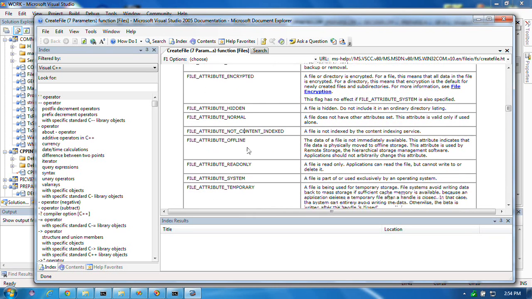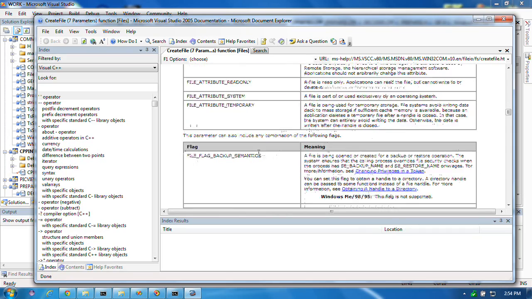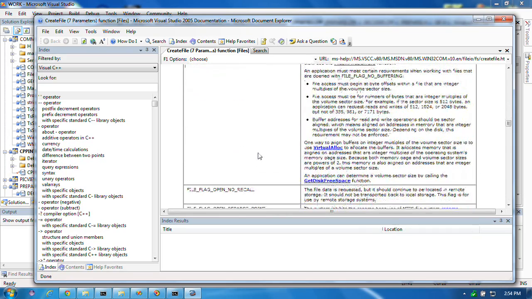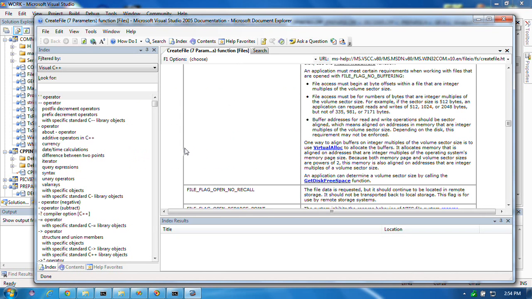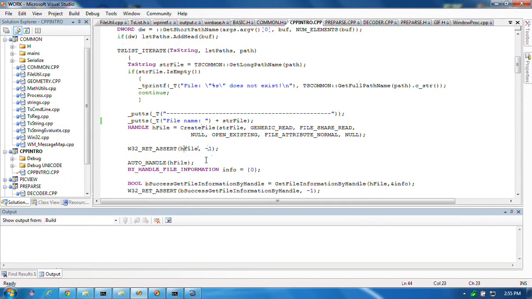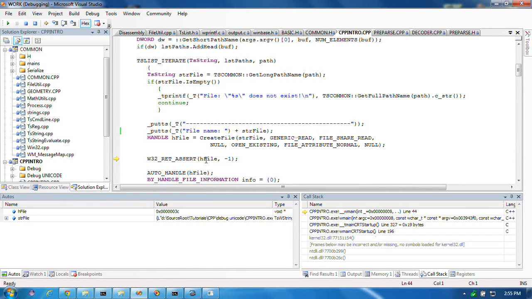Normal only if used alone. Wait a minute, but oh no, the handle was in. What was the handle? Sorry, I didn't expect to actually have it fail on me. Okay, create file failed for that. And the reason was